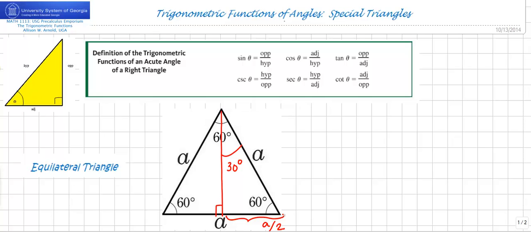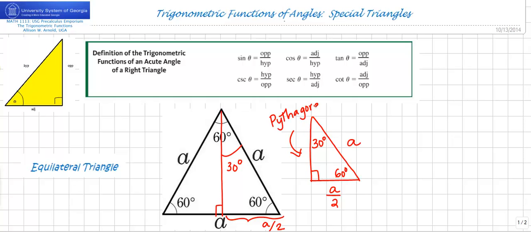So basically the relationship with a 30, 60, 90 right triangle is that whatever the hypotenuse is, the side that is adjacent 60 degrees is 1/2 of the hypotenuse. And I would say it's easy to find the third side with the Pythagorean theorem. So if you think along those lines,